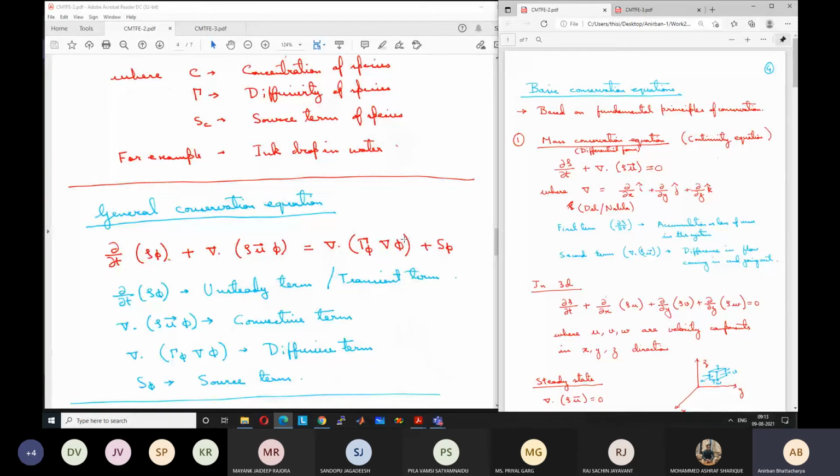So then you need to go for an iterative method. You have to use the previous value of phi to calculate gamma, and based on this gamma you find a new value of phi. Again, once you find a new value of phi, you use that to find the new value of gamma. You keep doing it until there is no more change occurring, which we call converged. The solution has reached convergence, meaning there is no change in the solution. So if the coefficients themselves are functions of the dependent variable, then it becomes non-linear, and it is much more difficult to solve.